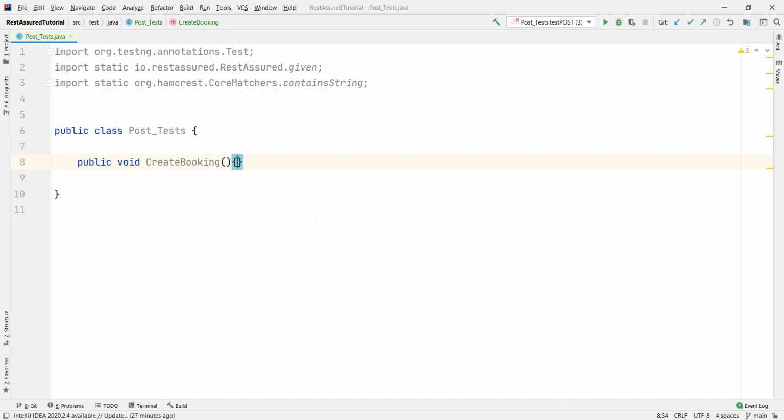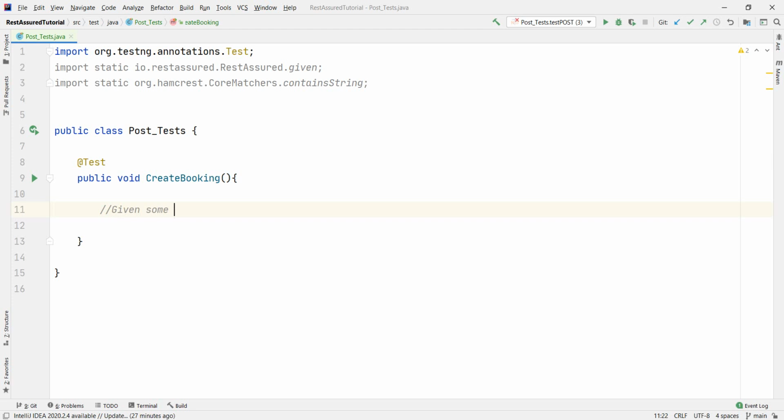Okie dokie. And we add our @Test annotation for TestNG. So for the get, it was kind of simple. We just needed to say get the endpoint and do stuff. For the post, we'll use a slightly different syntax. And it's basically, if you want to write some comments, let's say given some setup,